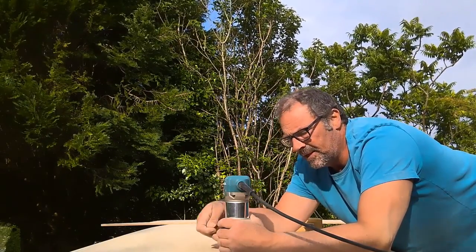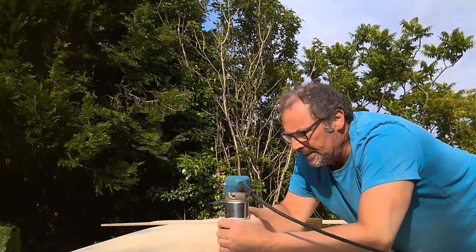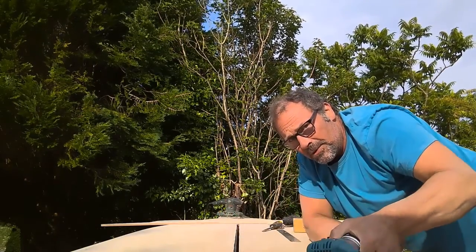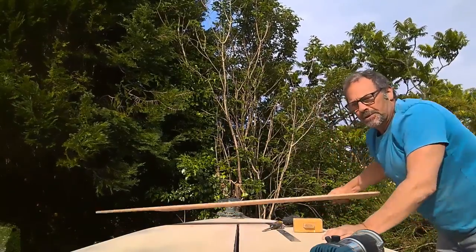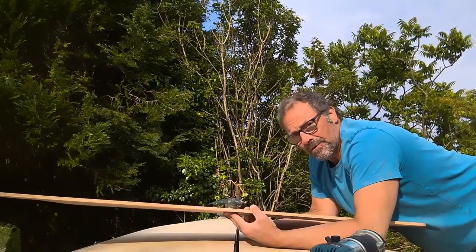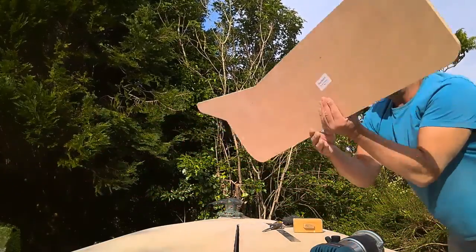I set the depth of the router to 12mm. So it's taken a strip of the bottom plank off. Now when I put the centreboard in, and this is the wooden centreboard, I'm actually getting a 6mm steel board. This looks like about 7mm. So, to try it out,